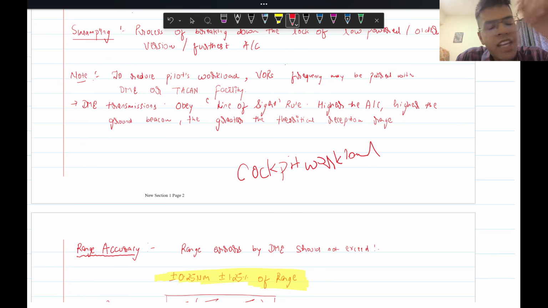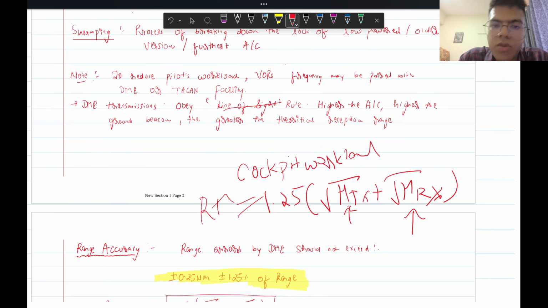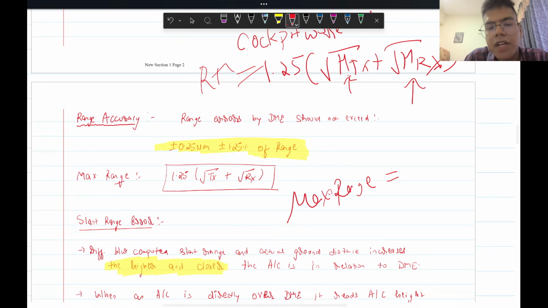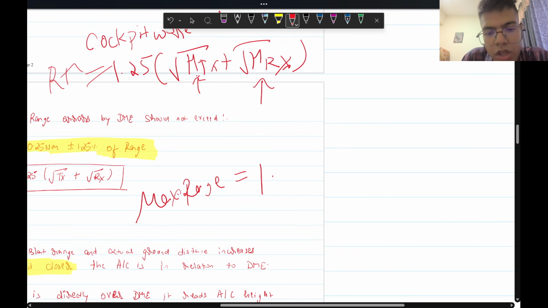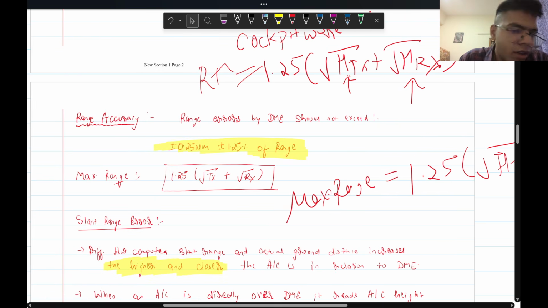ओके, DME ट्रांसमिशंस ओबे लाइन ऑफ साइट रूल। ठीक है, देखो लाइन ऑफ साइट क्या होता है? 1.25 हाइट ऑफ ट्रांसमीटर प्लस हाइट ऑफ रिसीवर। ठीक है, सो जितना ज़्यादा ये होगा उतना ज़्यादा मेरा रेंज मिलेगा। सो जितनी ज़्यादा रिसीवर की हाइट होगी उतनी ज़्यादा मेरे को रेंज मिलेगी। सो सपोज देयर आर क्वेश्चंस इन एग्जाम कि मैक्सिमम रेंज कैसे निकालें हम, फॉर फाइंडिंग द मैक्सिमम रेंज यू नीड टू यूज द लाइन ऑफ साइट फॉर्मूला। सो 1.25 रूट ऑफ हाइट ऑफ ट्रांसमीटर प्लस रूट ऑफ हाइट ऑफ रिसीवर। दिस वी हैव कवर्ड ऑलरेडी यार, ठीक है, तो कुछ नई बात नहीं है।